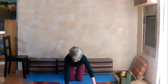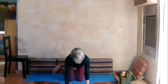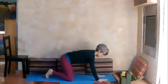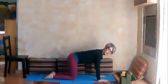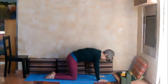Good. And then back into neutral into your table pose. Good. So finding this very stable table. We're going to work for just a moment into our cat pose, but we're going to move only on the exhale. So I want you to exhale and arch the spine toward the ceiling, press into the floor,